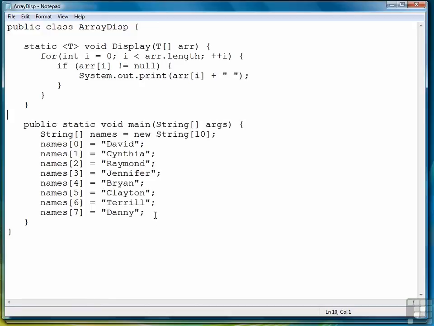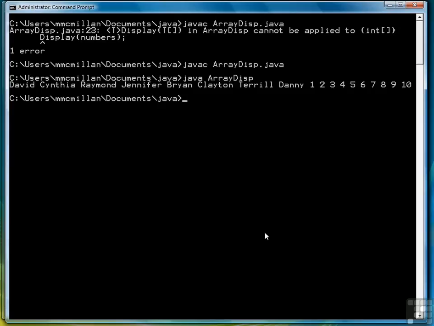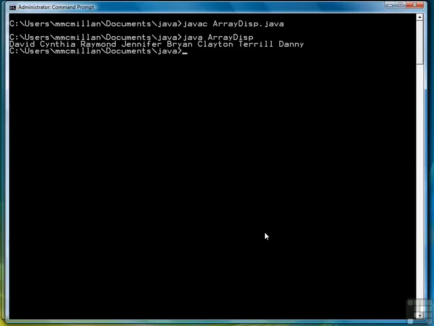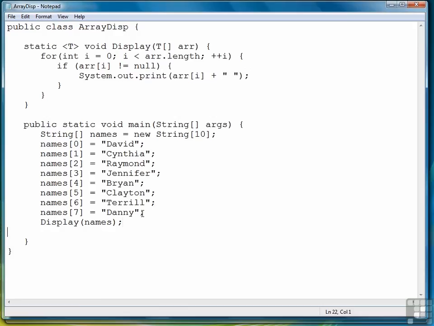And let's come down to the bottom of our code, add a call to display with names. Let's save our program. Back to our system prompt, clear the screen, compile, and then run. And there are our names. So now, to test to see if the method is truly generic,